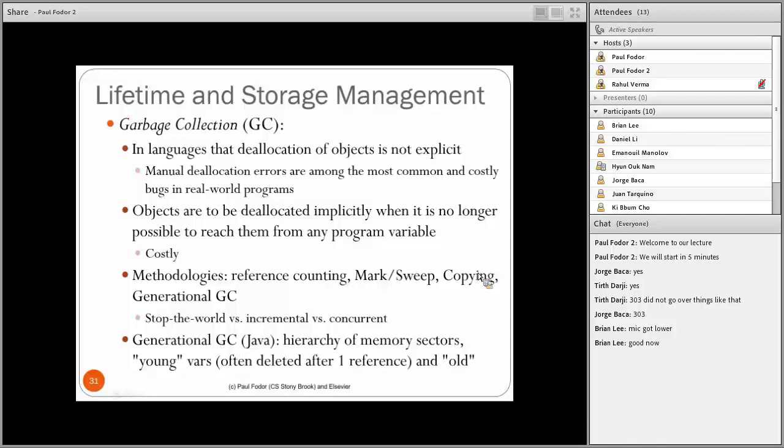Finally, there are more complex schemes like copying and generational or hierarchical garbage collection, which basically keeps different objects in different sets of variables or different locations in memory. So young variables which are deleted often are kept in a region where we actually do a lot of garbage collection, while old variables that were created for the entire execution, for instance, are